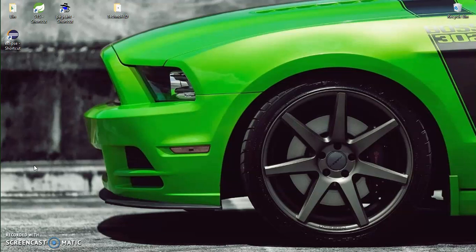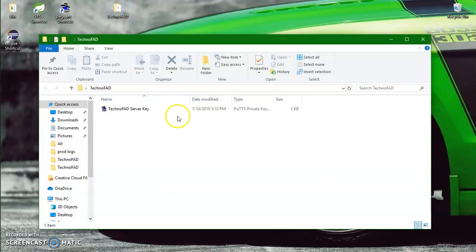In my earlier video, I explained in detail how to use Putty to connect to your AWS EC2 instance. To learn that, please click on the link given in the description. I hope that you have received a PEM file from your AWS EC2 instance and have converted that file into a PPK file using Putty software. I have also converted the PEM file into a Putty private key file, which is a PPK file.